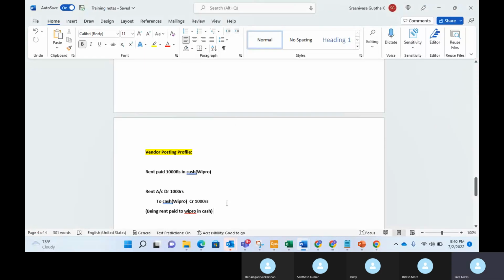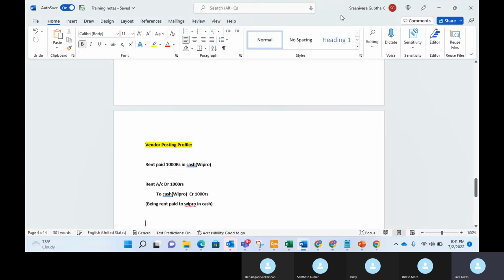So if you are clear with this journal entry, now I will try to make you understand how to use software. Let us assume that you are not using the books of accounts, because you will have thousands of transactions on a daily basis, right? You'll be purchasing goods, incurring a lot of expenses, and paying salaries to your employees. There are a lot of things happening. It is not practically possible to enter all these transactions in your books of accounts physically. So for that purpose,